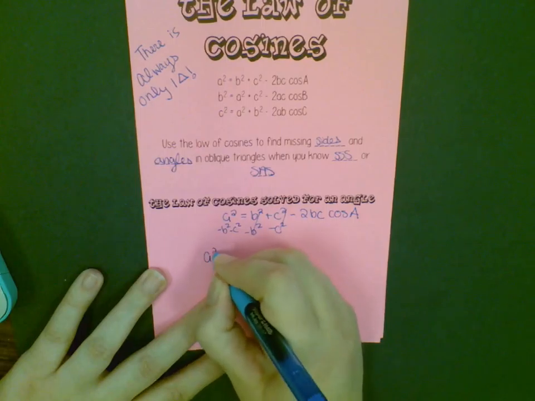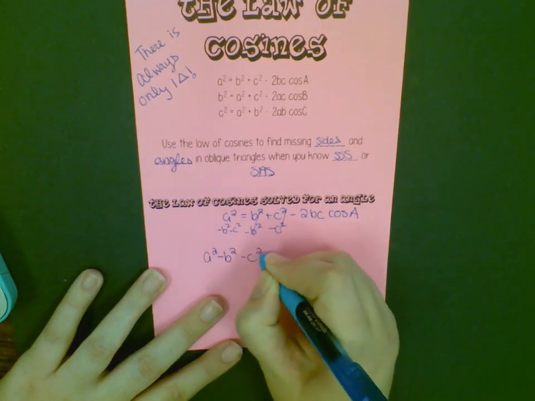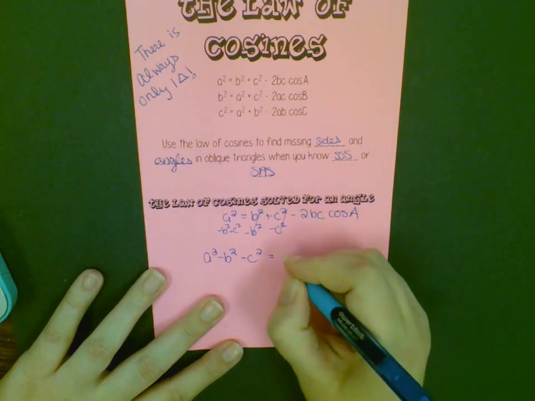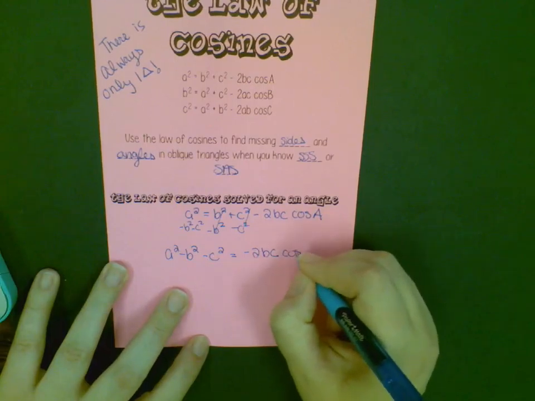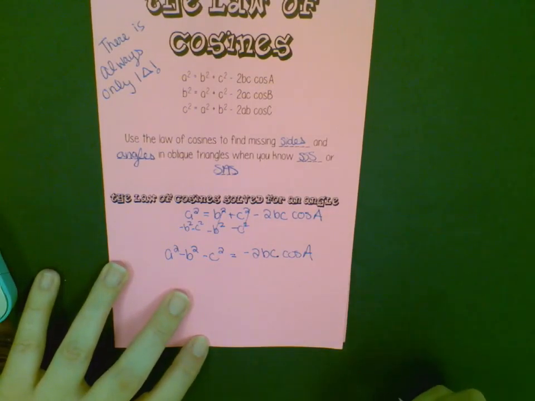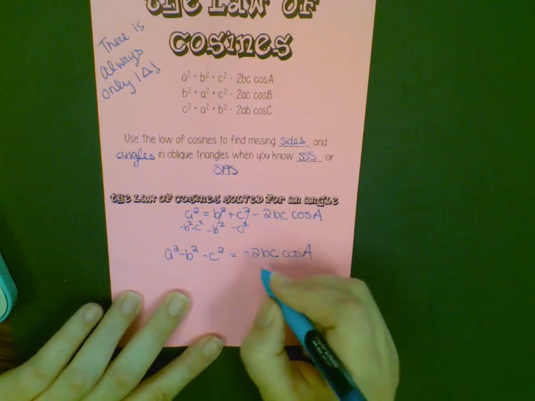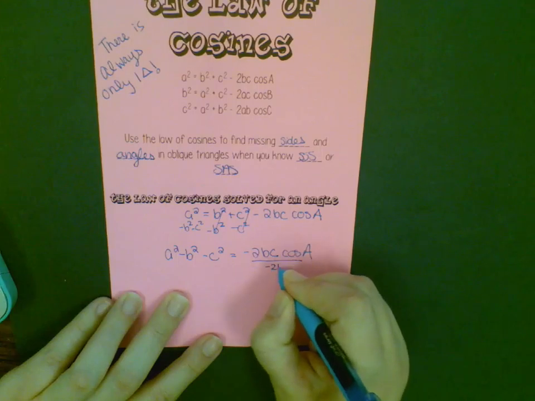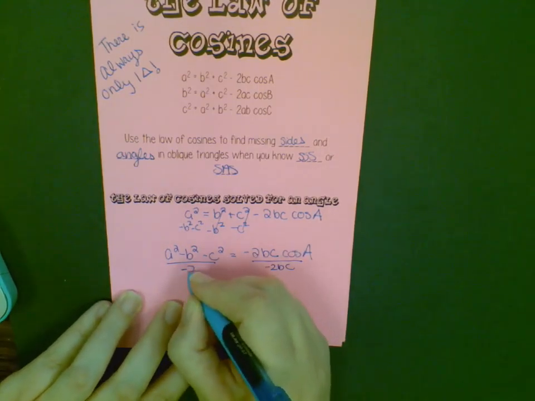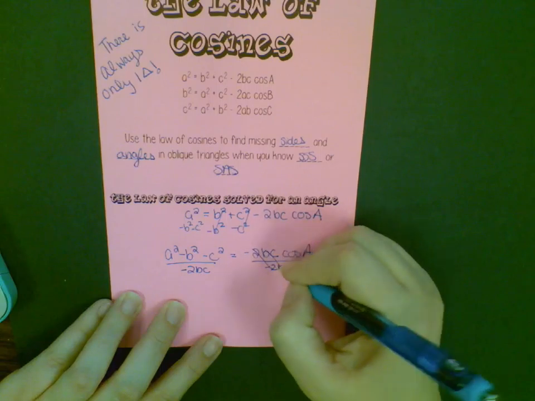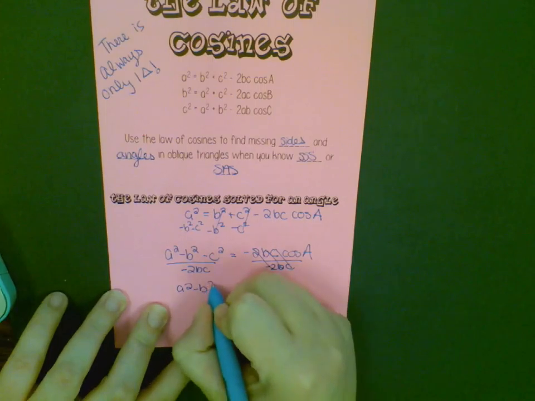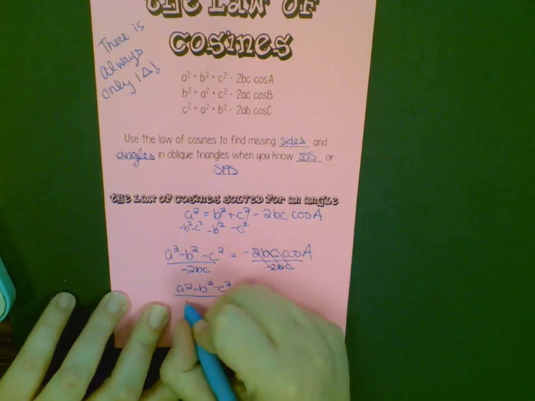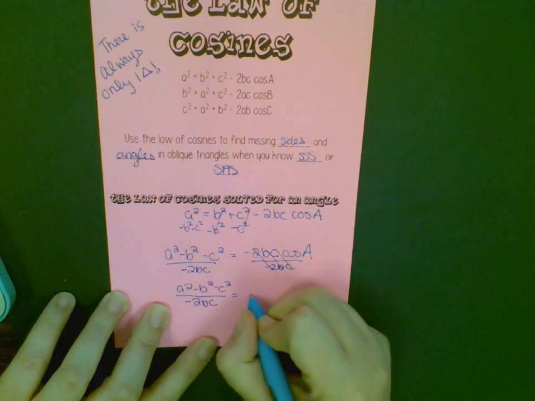So we'll have a squared minus b squared minus c squared equals, don't forget the negative sign, negative 2bc cosine of angle A. From there, we'd have to get rid of the negative 2bc, so we'll divide both sides. Okay, so we would have a squared minus b squared minus c squared divided by negative 2bc equals the cosine